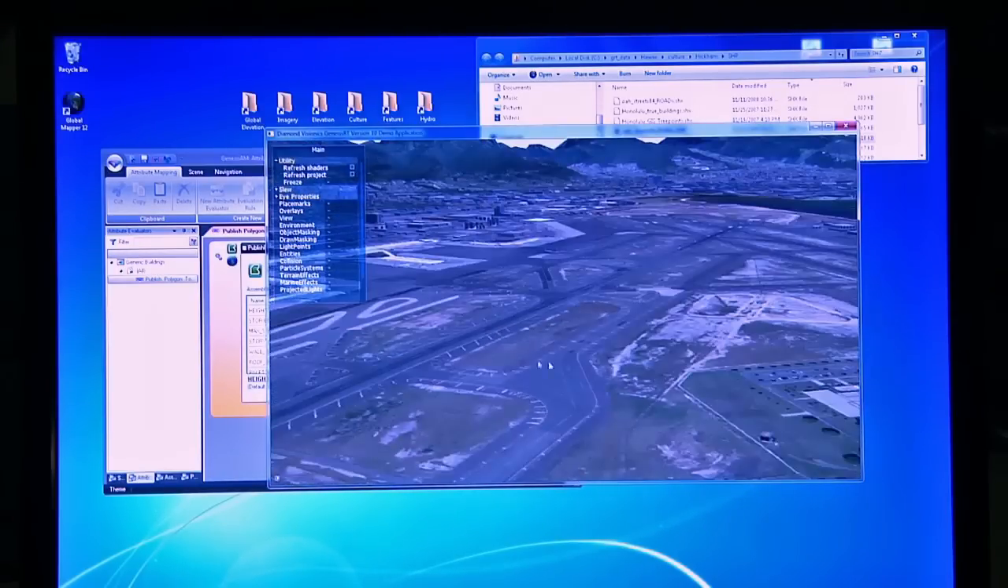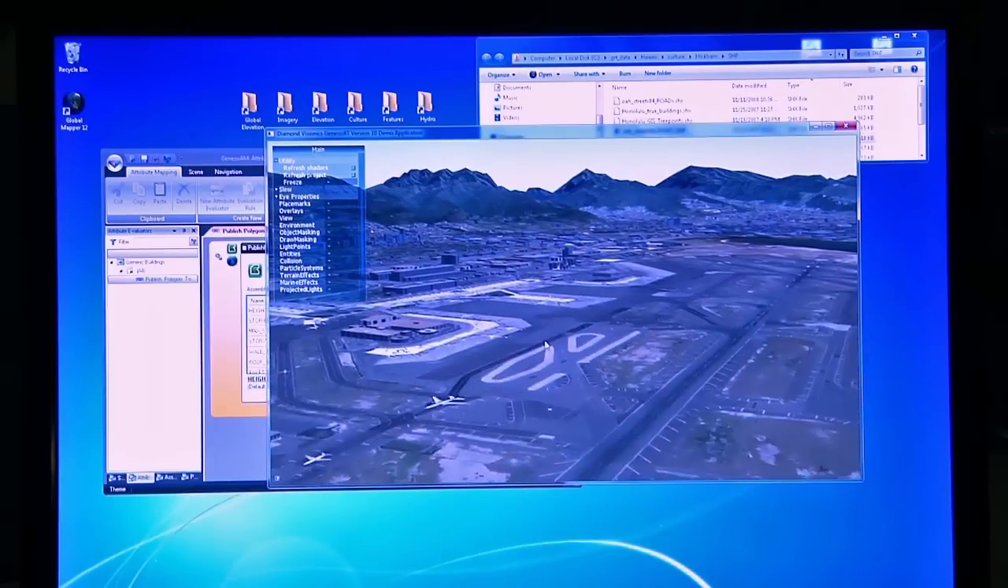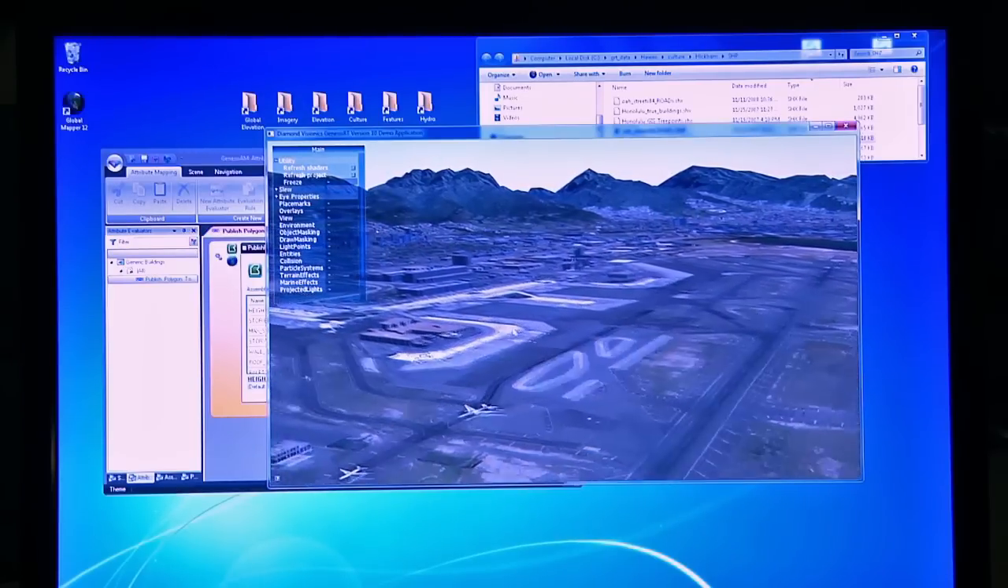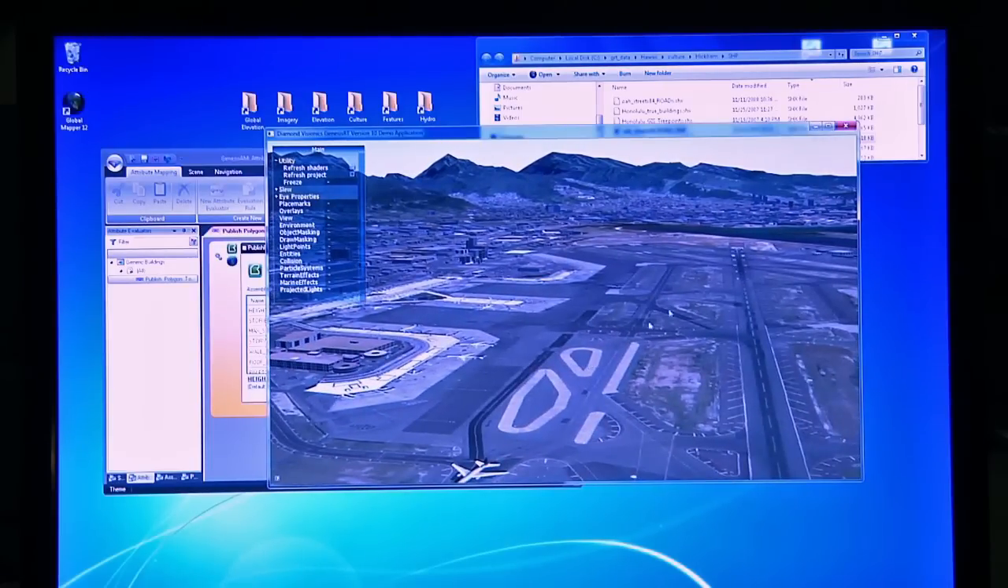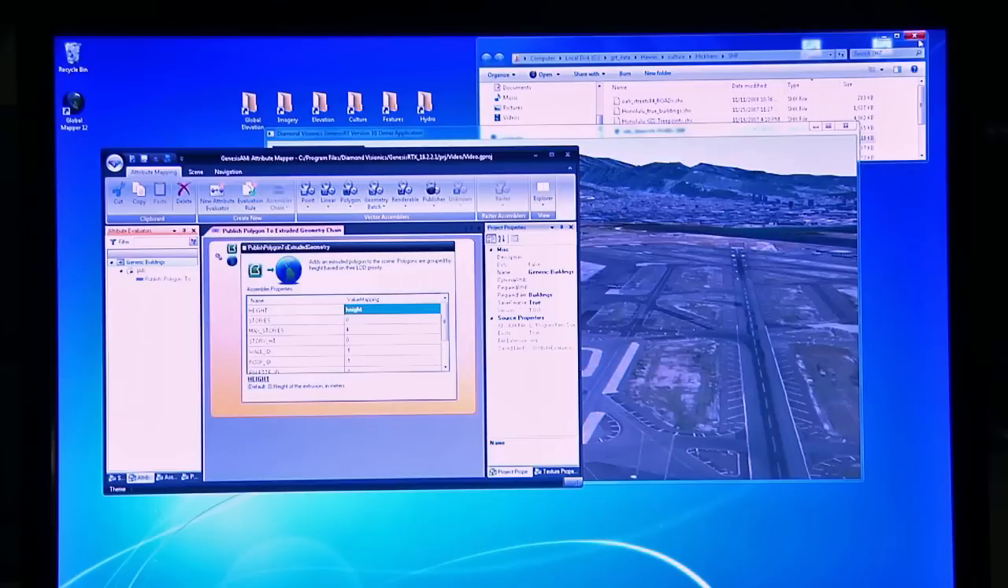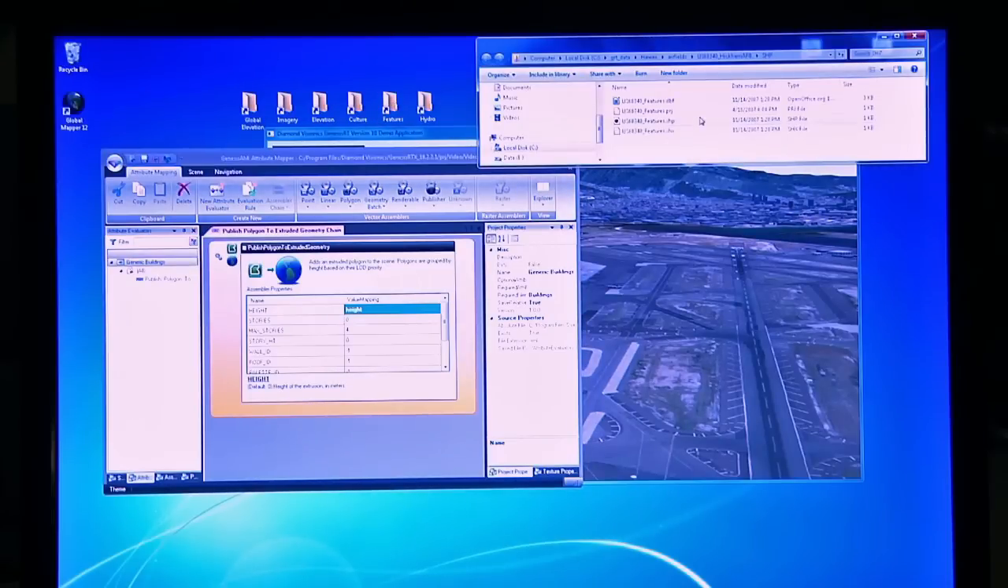Next thing I want to show you is how to put in some OpenFlight models into your scene to kind of give it a more geospecific look to it. So I'm going to add in the terminal building of Hickam Airfield as well as some of the surrounding hangars. So what I'm going to do is go into my features area, which is where I store all my OpenFlight models,